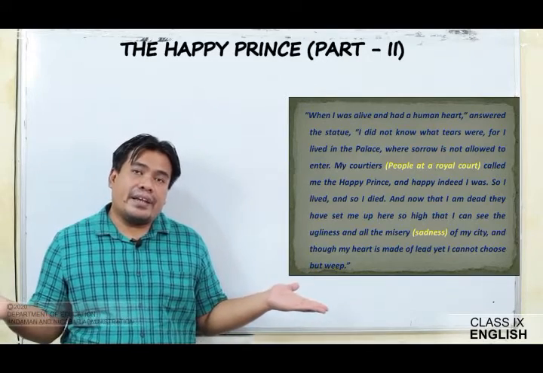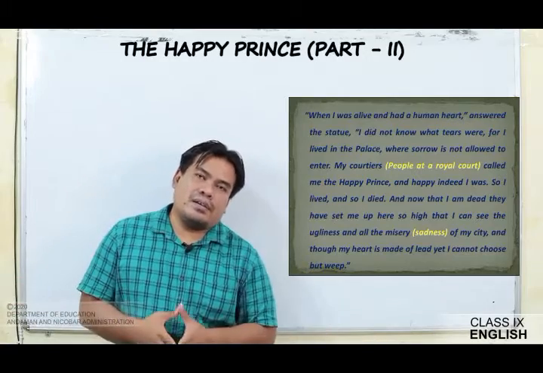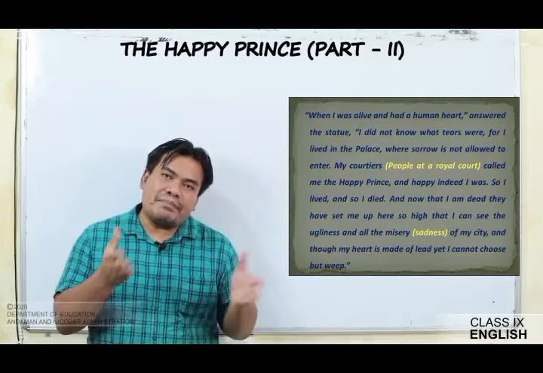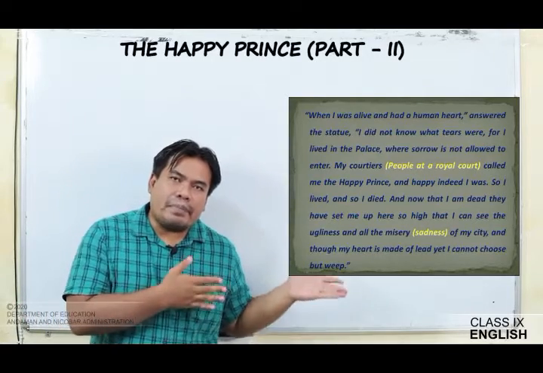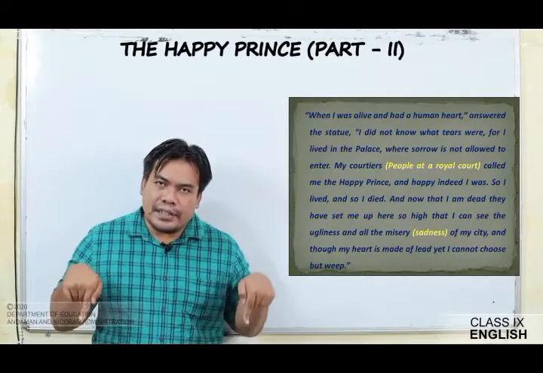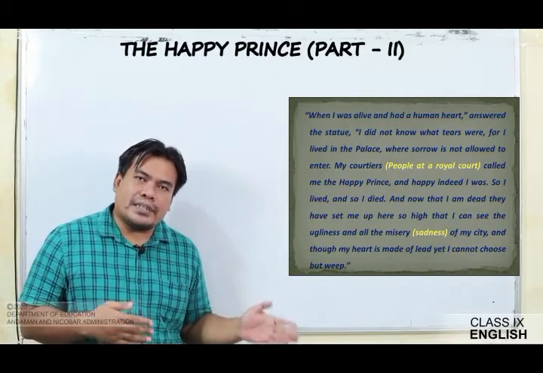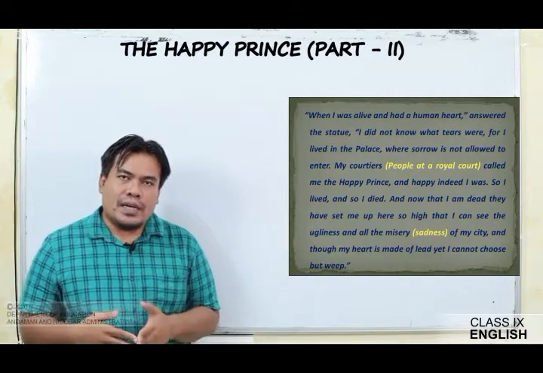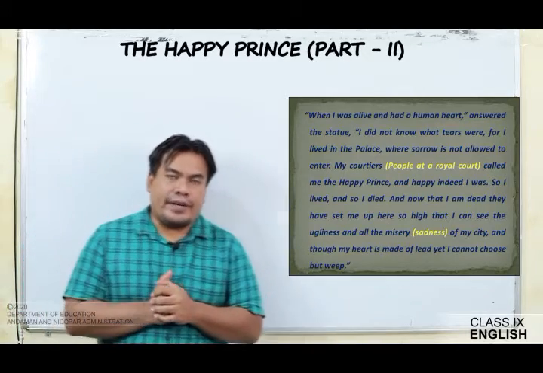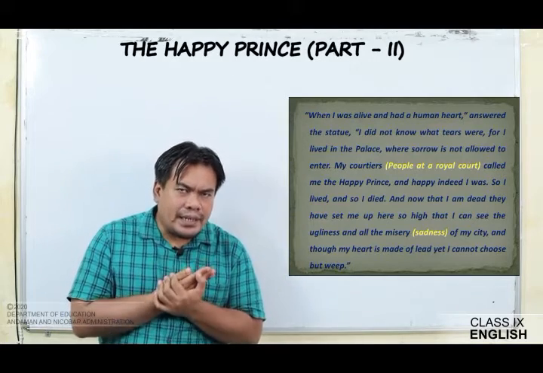And when he left the world, in the sense when he died, they set him up on a higher place as a statue. He is the statue right now, isn't it? The happy prince is the statue. He has been made a statue and has been erected on a pedestal. Right. So here he is telling the swallow